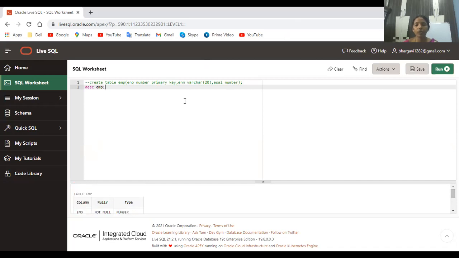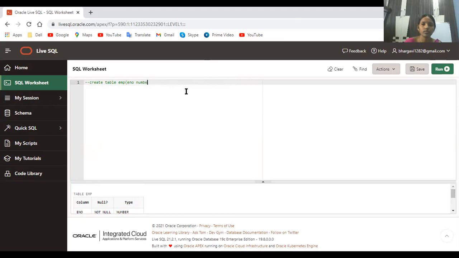Now, we'll create one more table. Now, I want to create a student table. Create table student. Right? For the students, what we have? Student number. That is of which type? Number type. So I'm not writing primary key. So what is the difference you will get, understand. If you write primary key in the employee table, you are getting not null. If you are not writing primary key, you'll see what you get.